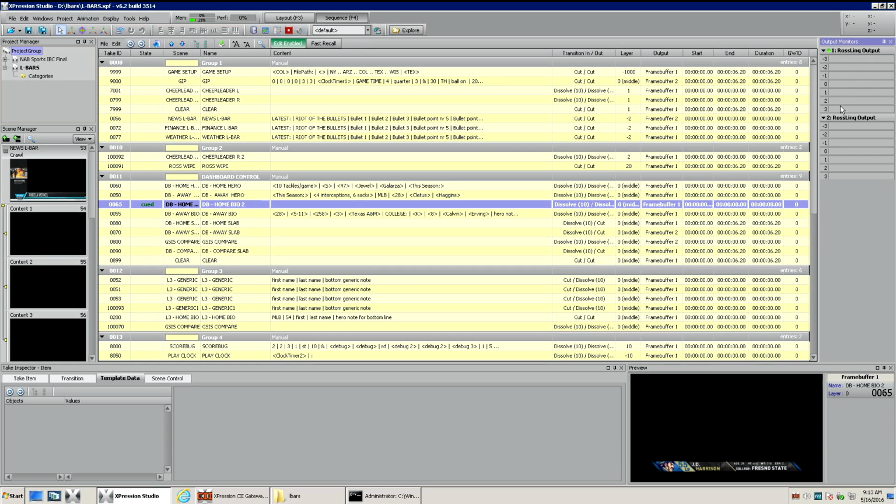So you can think of it as multiple layers, just like multiple keyers in a production switcher. This becomes very helpful in that we can drive numerous graphics on the exact same frame buffer. So getting your live bug and your lower third doesn't require 2 channels or tying up 2 frame buffers in the switcher. All right, so now that we've set this side up, let's go back to our switcher,